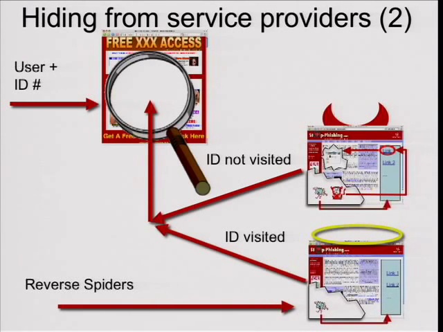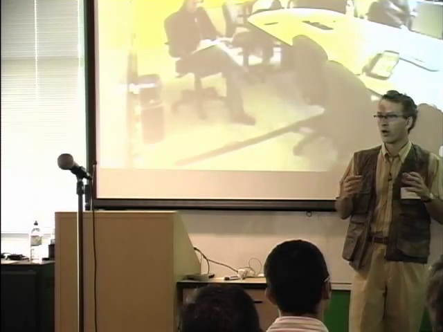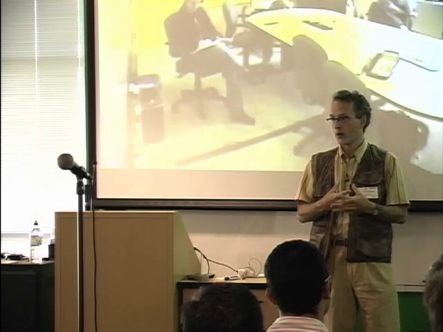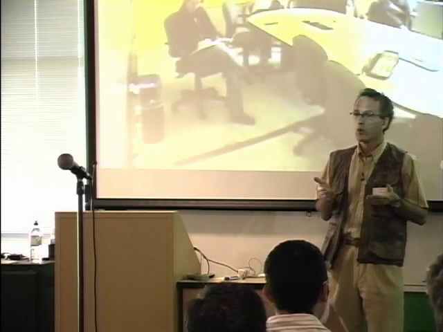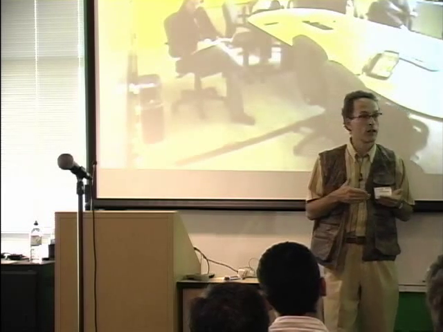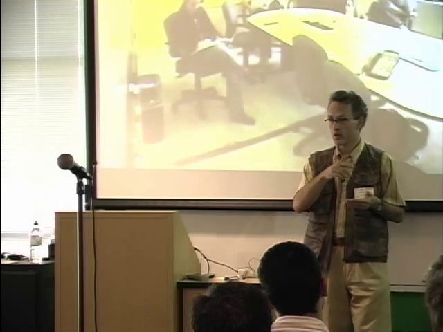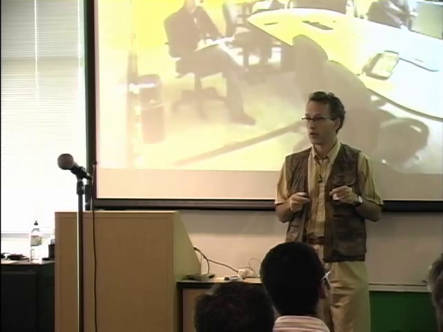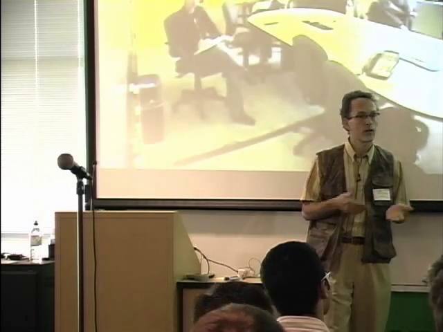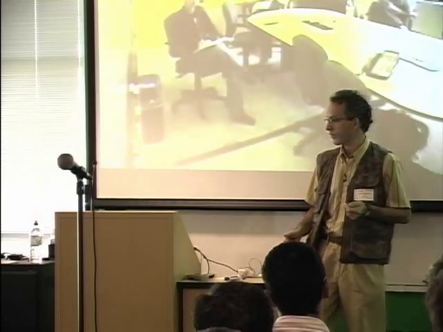Now, this could be made arbitrarily complex so that you have a sequence of sites that passes identifying information. And it's only if you follow through all of them that you are then served the click frauding page. That will cut some of the revenue, but it will make it increasingly unlikely for reverse spidering to actually succeed at finding it out, because they won't pass through the same hoops, particularly if there's some subscription along the lines there.